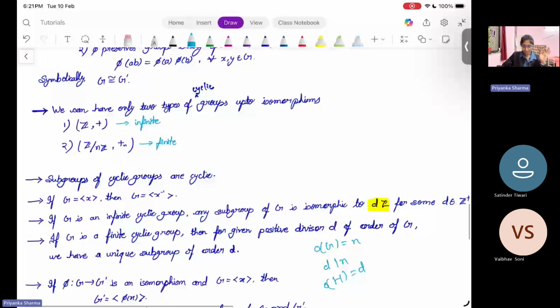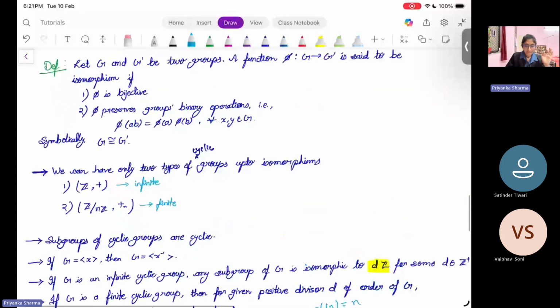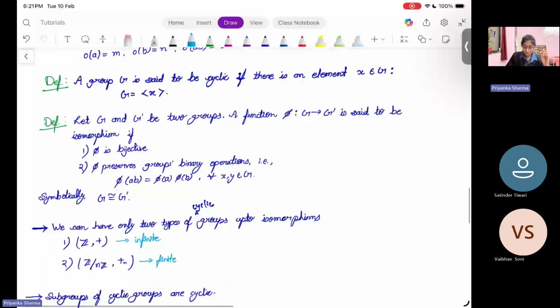Okay. So, we discussed what is isomorphism. Two groups will be isomorphic if there is a one-to-one correspondence between them and that correspondence preserves the group operations. So if G and G dash, two groups, are isomorphic, then we can have some kind of similarities between them. Like they will have the same number of elements, that is, their orders will be the same. And if they are infinite, then again,